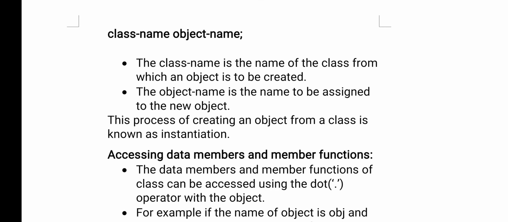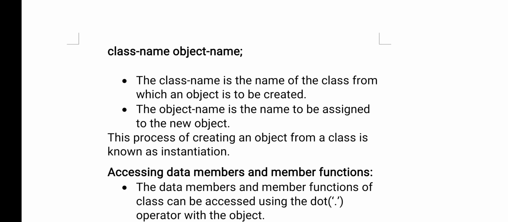Okay, now here you see the syntax. If you want to create an object, here you need to give the class name, space, object name. Okay, so in the above syntax, class name is nothing but the name of the class to which you want to create an object. The second one is the object name. It is an identifier. The user can give any name. Okay, so here you have created an object, no? So creating an object of a class is called instantiation of an object. Okay, it's nothing but the creation of an object.